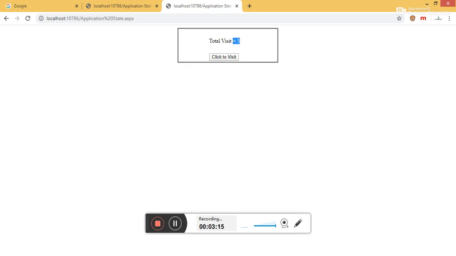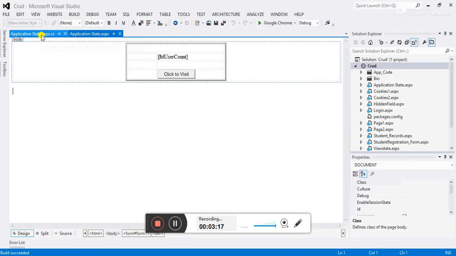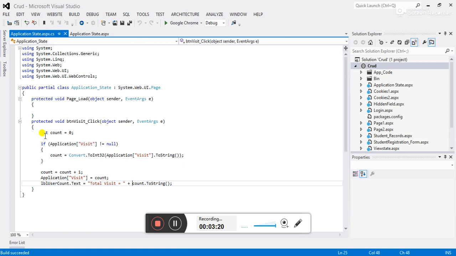Now flip to Visual Studio, go to the aspx.cs file. When we click the click to visit button the first time, the count value is set to 0, and initially I am checking whether the application variable is not equal to null. But initially we don't have a value in the application state variable, it is null.